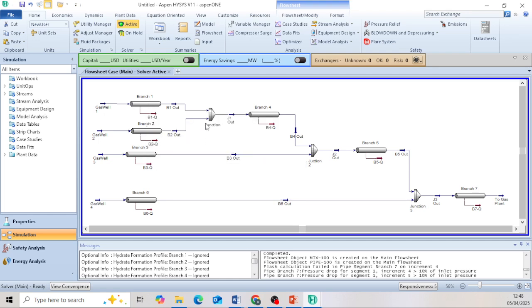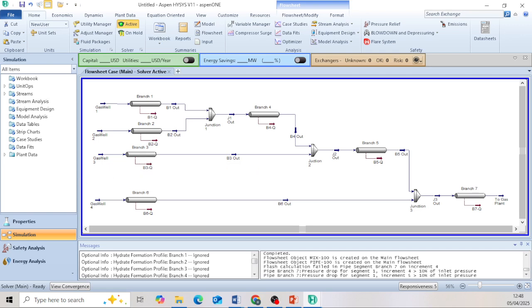Branch 2 has just a single segment. We got them together at junction 1, and then 2 of them went together, that's combined gases. Now they are moving through branch 4, and then for gas well 3, which is passing through branch 3,